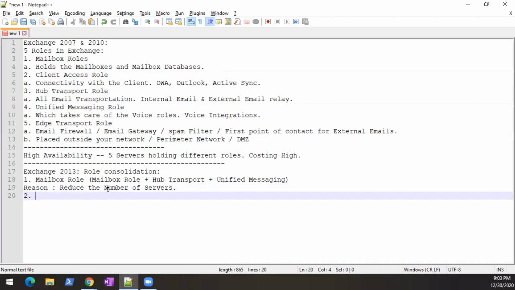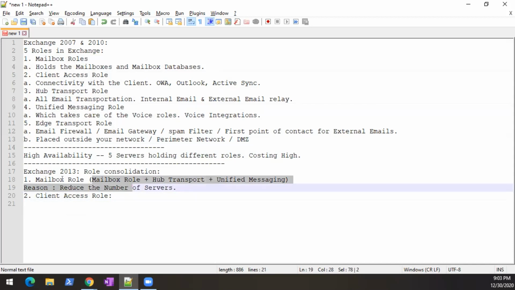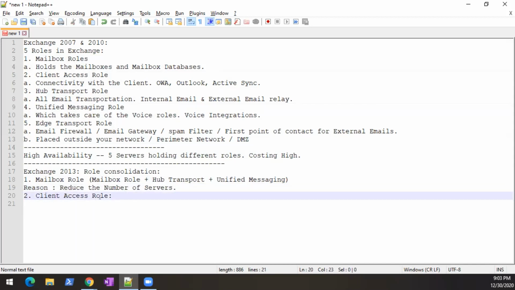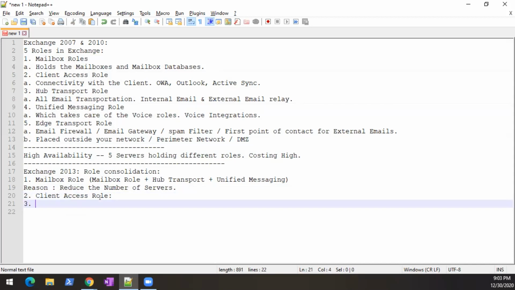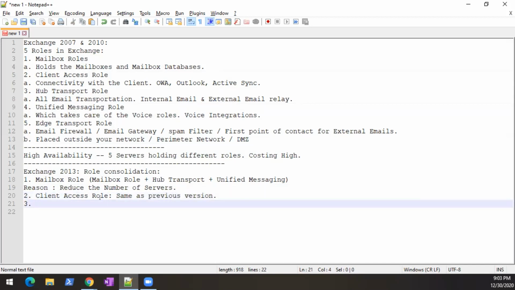The second role in 2013 is called the client access role. The client access role is doing the same job of client connectivity. Mailbox is only doing some extra jobs, but client connectivity is done by the client access role, and there is no change in it, same as the previous version. The Edge Transport role is also the same as the previous version.